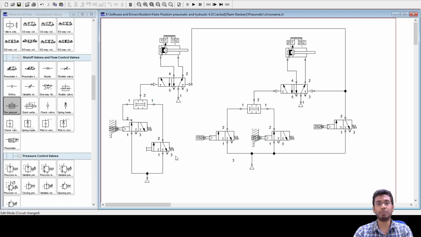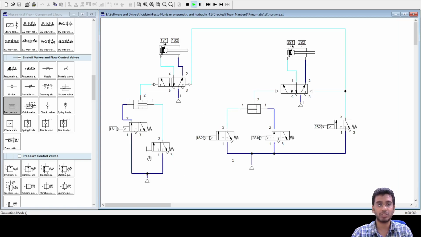Now this switch got replaced by a push button. What will happen? Student: It will block after one round, sir, after one cycle. Very good. That means this entire cycle of my first cylinder extending, then the second cylinder extending, and both retracting back will continue for only one cycle. Let us see, just play this. Now see, I'm just pressing and leaving.